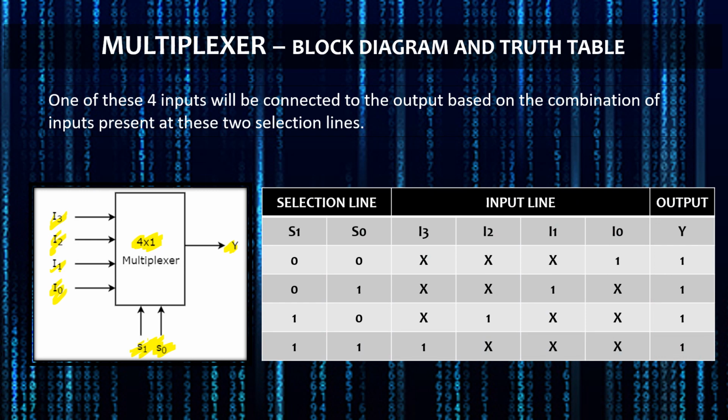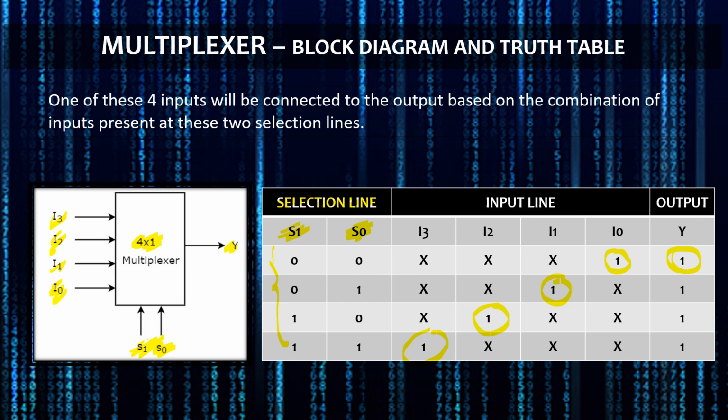draw the truth table. So here we have the truth table. First we have the selection lines, because we have two selection lines, that is S0 and S1. Because two values are there, 2 raised to 2, so in total we have 4 combinations. Based on the value of the selection lines, the multiplexer will decide what would be the output. So for S1 S0 value 00 we have I0, so my output would be the I0. Same for I1, I2 and I3.